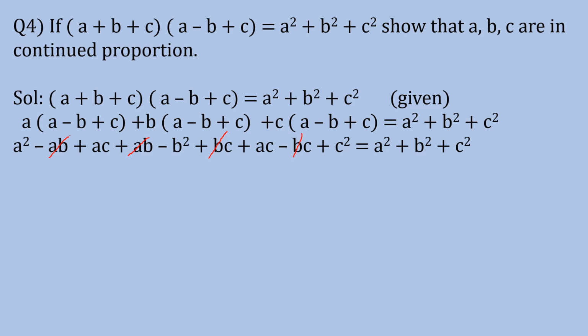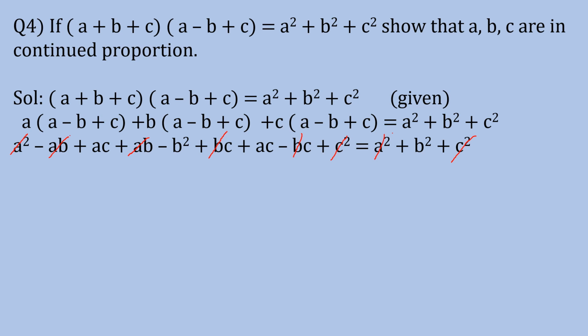Plus BC and minus BC will get cancelled. Okay, now what else gets cancelled, students? See, in the left hand side a square is there, in the right hand side also a square is there. So these terms will also get cancelled. So we'll cancel both. What else? You'll find minus b square plus b square over here, so it will not get cancelled. Now c square and c square, both the same sign, will also get cancelled. So we'll cancel this. Okay, now what remains, students?